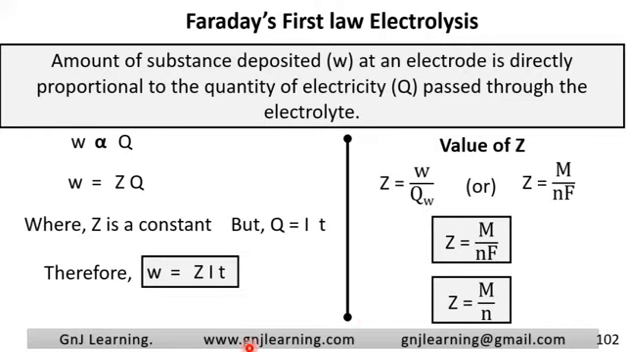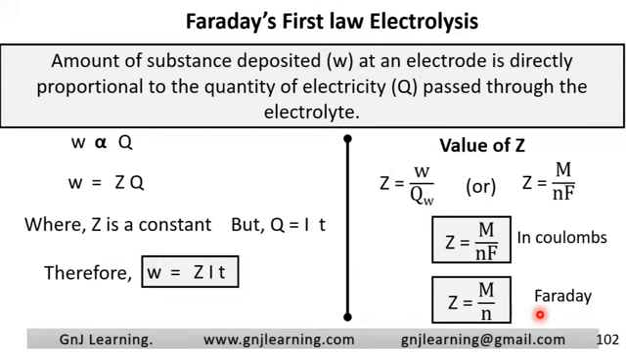Now the unit is in Faraday. So in the first case, if the quantity given is in coulombs, then the equation used to find Z must be this one. Whereas if the calculation involves Faraday, not coulombs, then the formula to find Z must be this one, and this is in Faraday. We will see problems